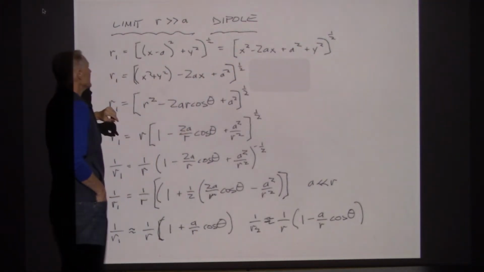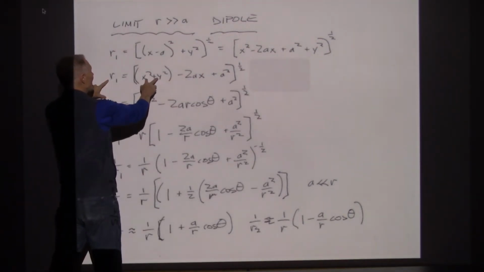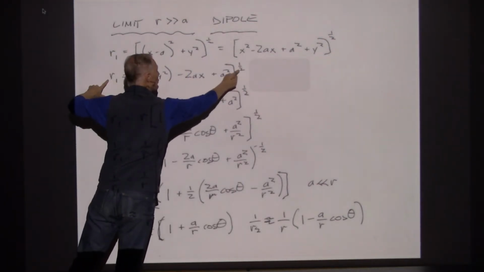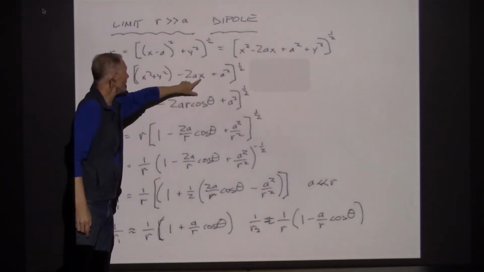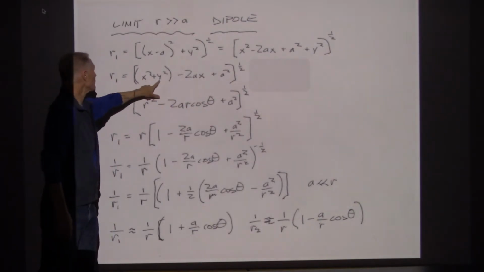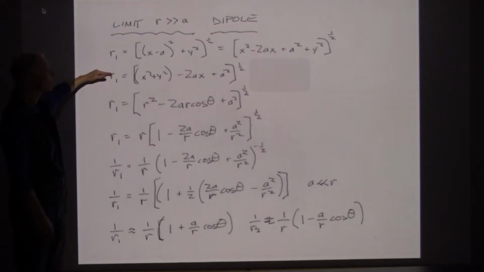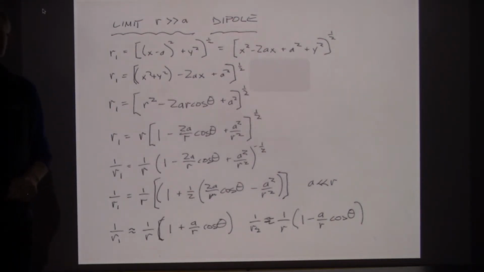It looks like that. And then the r1 value can be recombined as the square root of x squared plus y squared minus 2ax plus a squared. And then what I did is I substituted in r times cosine theta for x, and for x squared plus y squared, I substituted in r squared. So right at this step, I went from representing the distance in rectangular coordinates to representing it in polar coordinates, and I'm hoping that's going to make